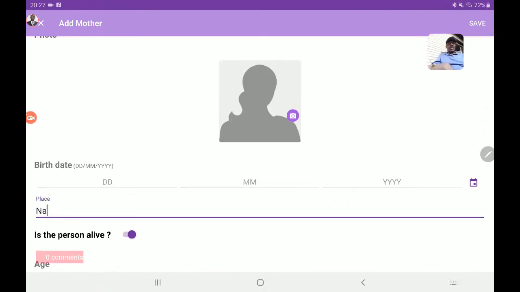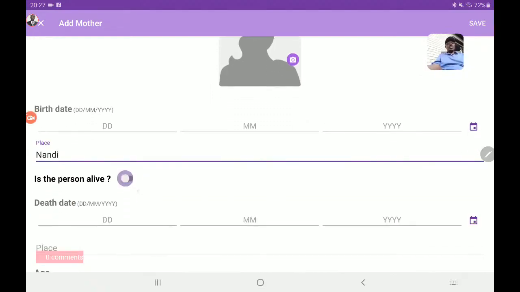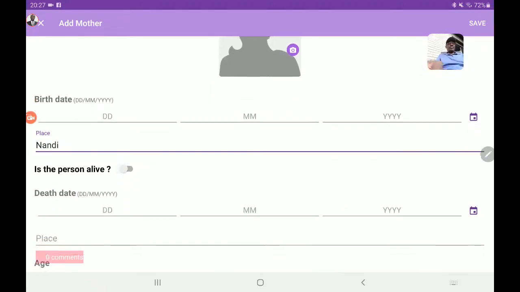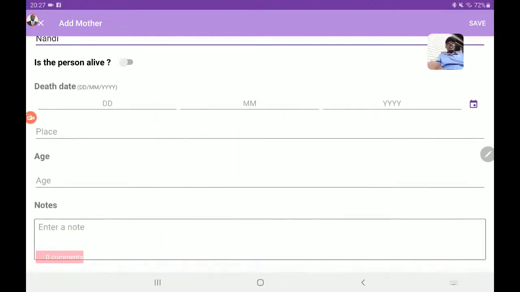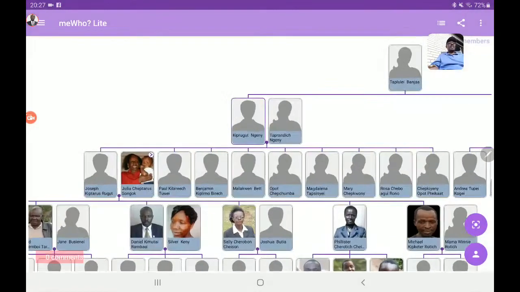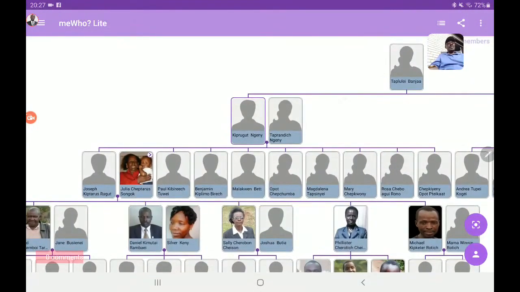Just fictitiously say she was born in 90. No, she's not alive, and nobody knows when she died, somewhere in 90. Nobody knows the age. So if I save, now you see all of a sudden my grandfather Kibrut has a mother